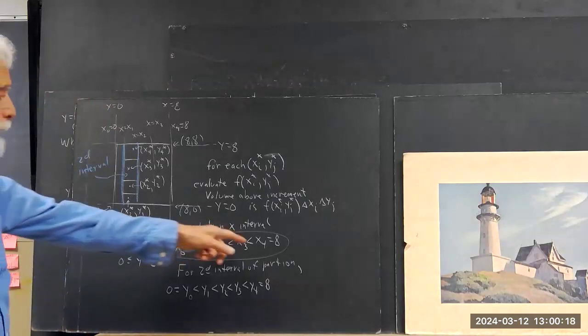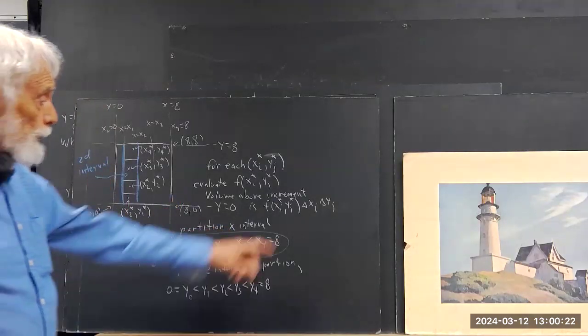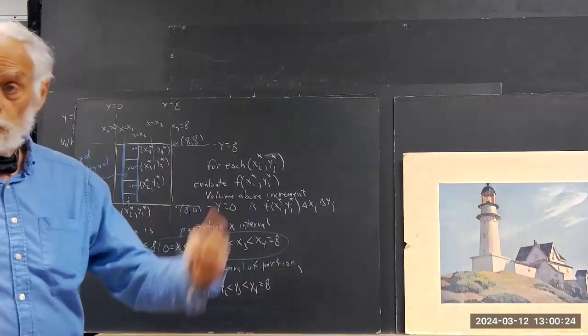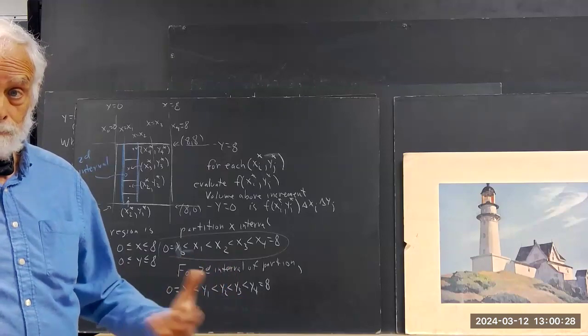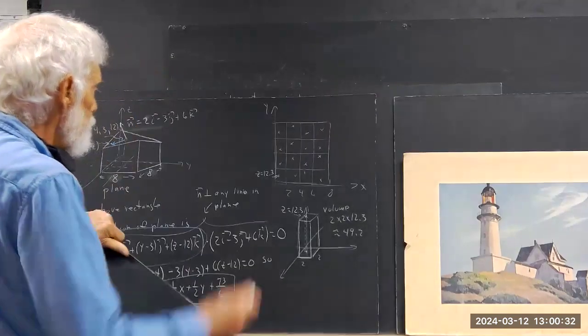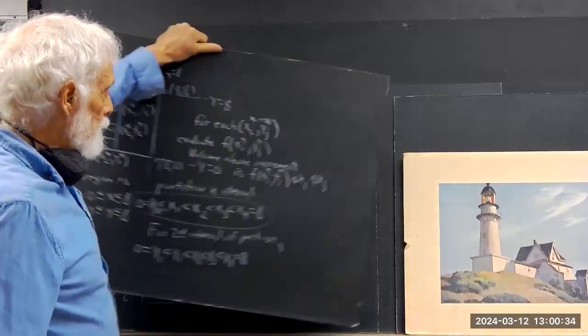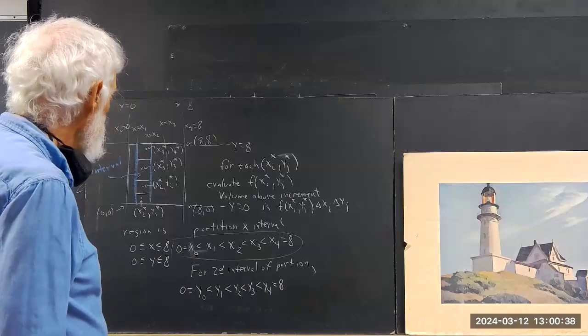Maybe I do 4 equal intervals each way. So my delta xi and delta yj both would be 2. That makes sense? Okay, I mean, that just comes back to this picture, but I'm putting some notation on it. Okay, then